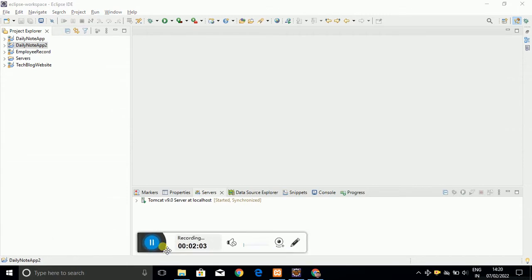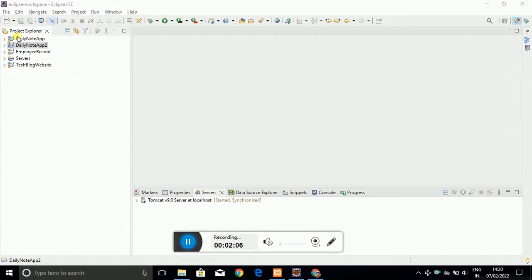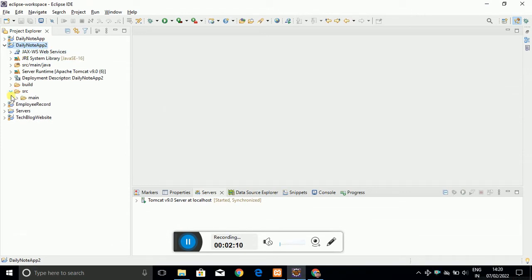Now I have to create the very first page, that is the index page, the home page of our project, so that I can run this project and check whether it is running properly or not.